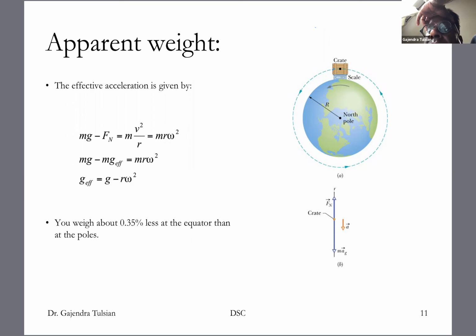So if the Earth spun once in 90 minutes at the equator, you would be weightless. And interestingly, that's the orbital